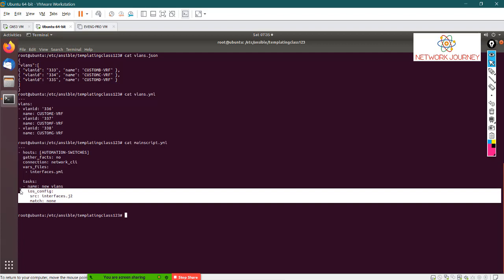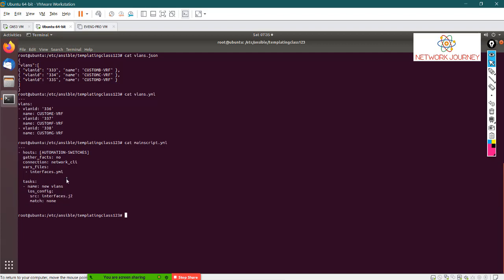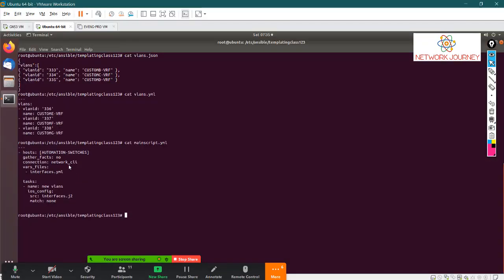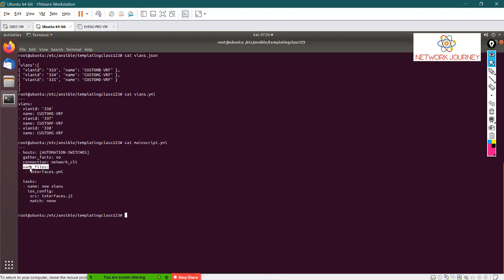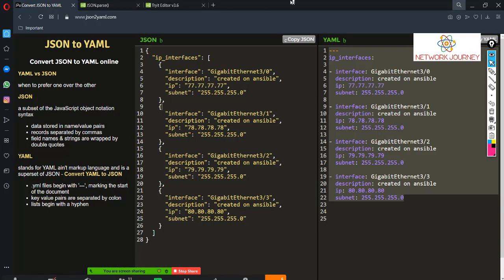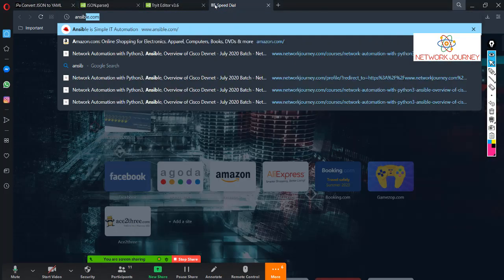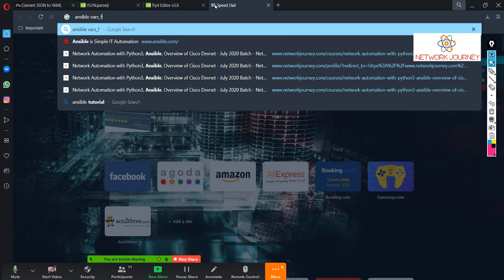Now I'll show you a small theory about this. Okay, so I'll take another 15 minutes and we will wind up and we will take up the rest in the next class. Regarding the variable file which I just showed you, if you're wondering whether it is user defined or an Ansible standard, so if you search for Ansible var file,